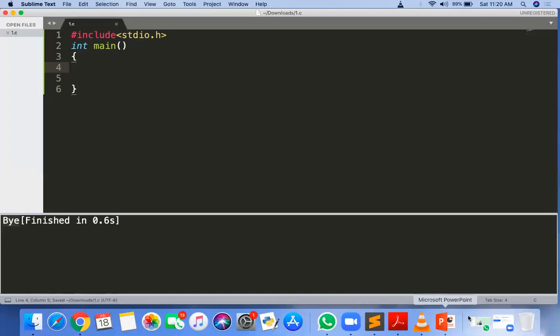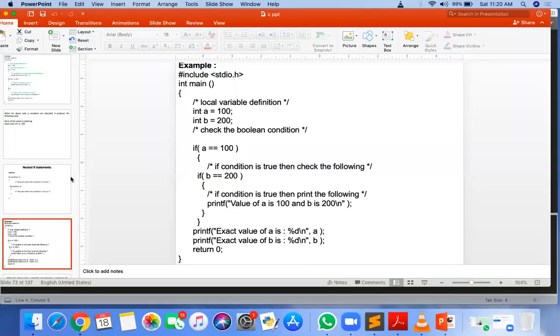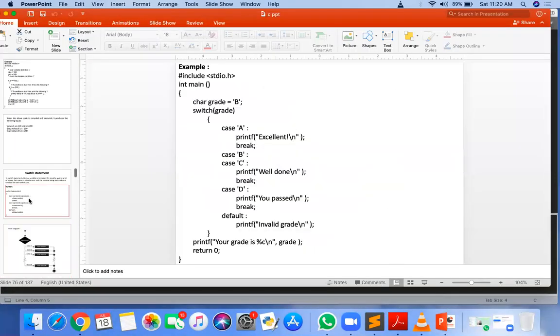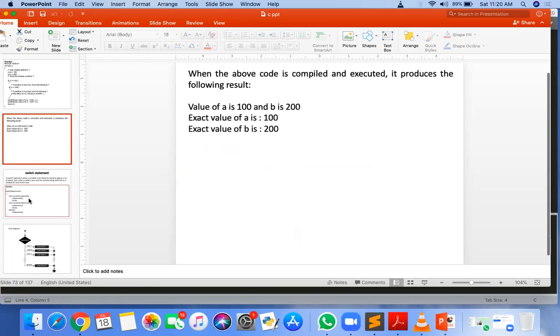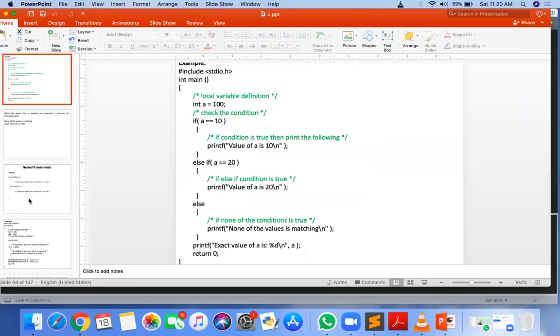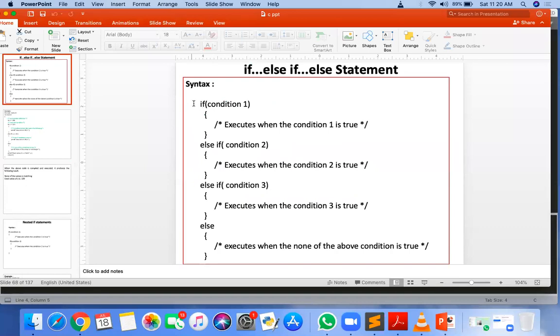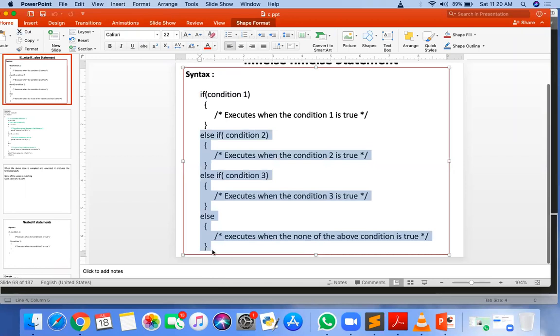So we'll move towards the next theory point, and that is the switch case. The switch case statement is very similar to the if else if statement that we have taken. If the first condition is true, then the remaining will not be checked.